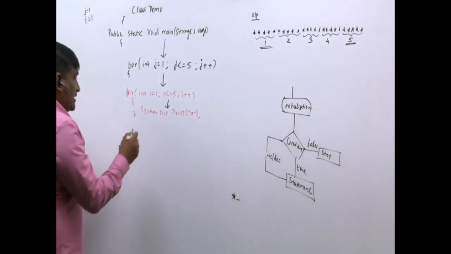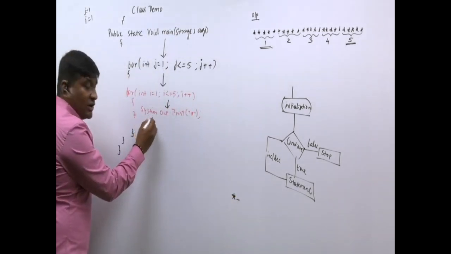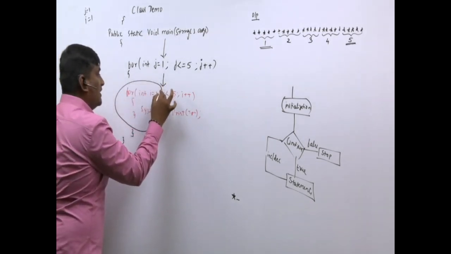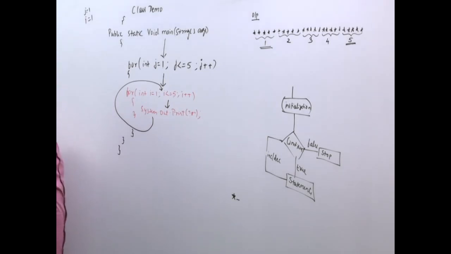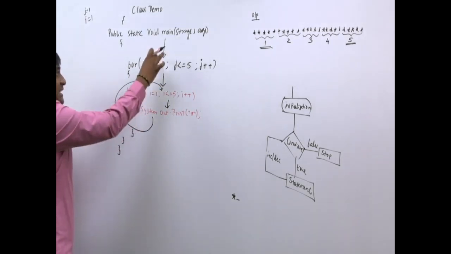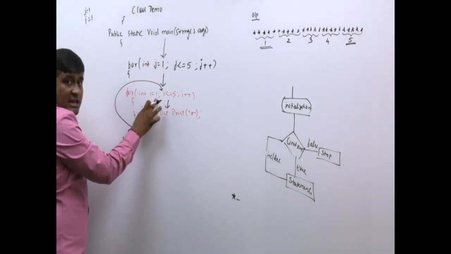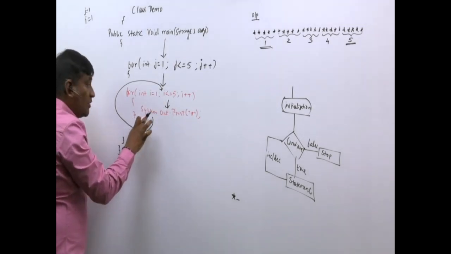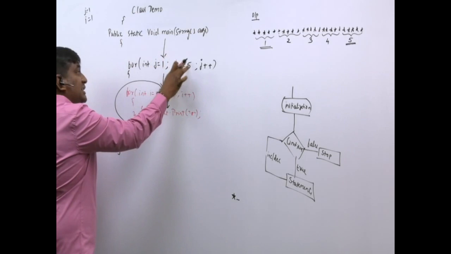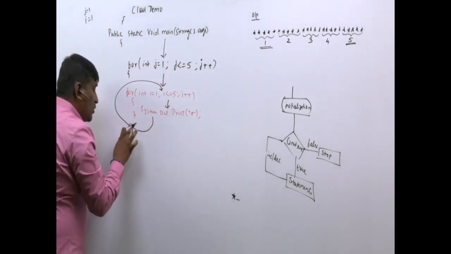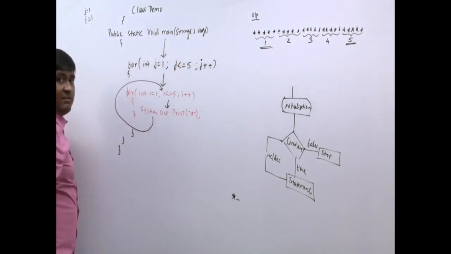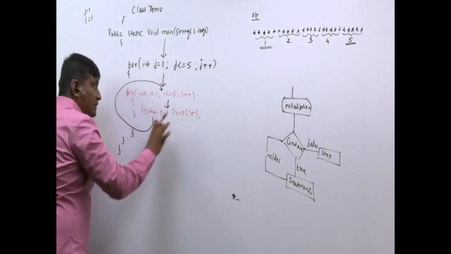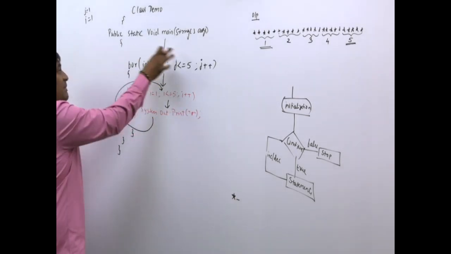Very, very important. Now this is the end of this for loop. The control will not go to the outer for loop. The control will come to the inner for loop only. So first it came from the outer for loop, then it came to the inner for loop, right? After executing the statement present inside the inner for loop, the control will not go and check the condition of the outer for loop. The control will go and check the condition of what? Inner for loop. Once this for loop is executed completely, then only the control will be given to the outer for loop.